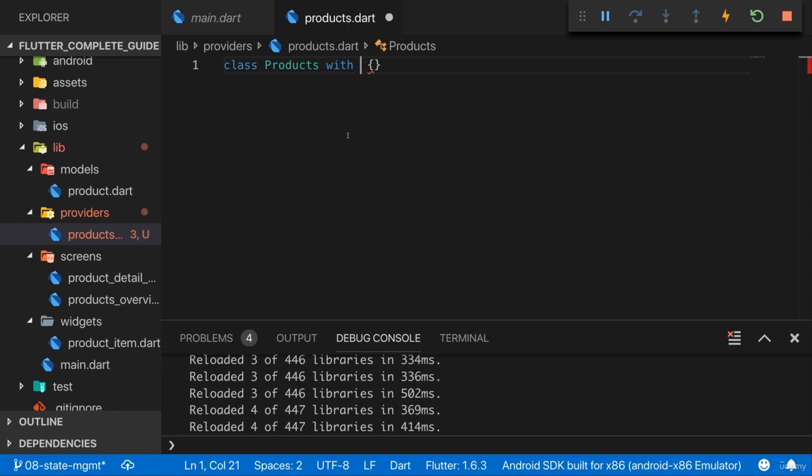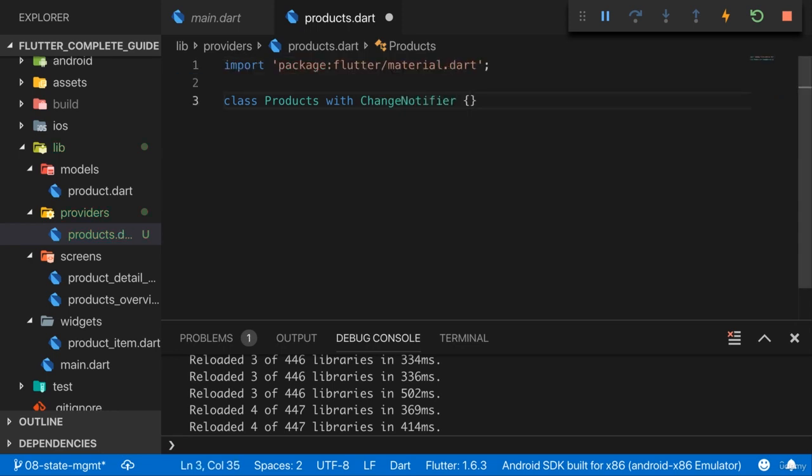And the class we need to mix in here is the ChangeNotifier class, which is built into Flutter and which you enable by importing the Flutter Material Dart package here. ChangeNotifier is basically kind of related to the InheritedWidget, which the provider package uses behind the scenes. An InheritedWidget, whilst we won't work with it directly, is simply a widget in Flutter which allows us to establish behind the scenes communication tunnels with the help of the context object, which we're getting in every widget. So this Products class now mixes in the ChangeNotifier here,